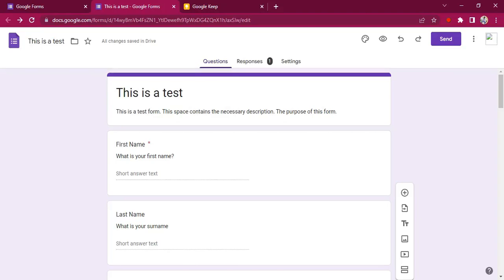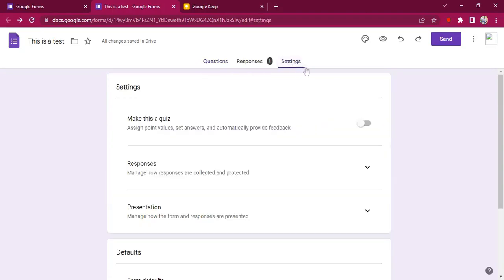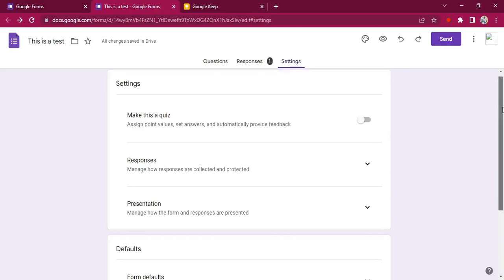So when I submitted this response here, there's a default confirmation message, but we are going to change that now. So to do that, you go back to settings. You see it here, this is the third tab. You go back to settings and then you come to presentation,